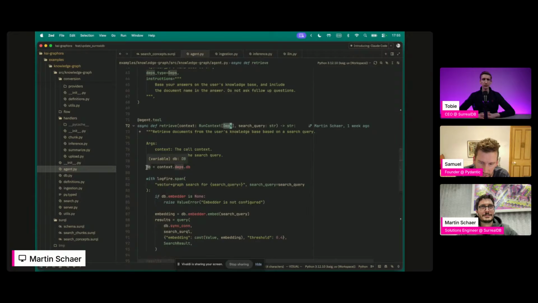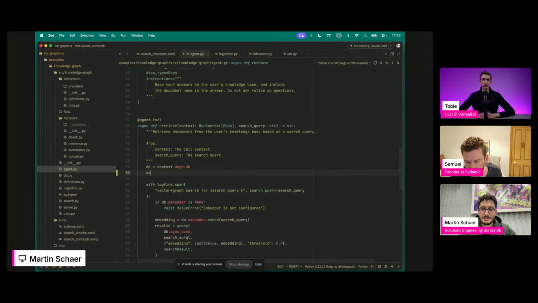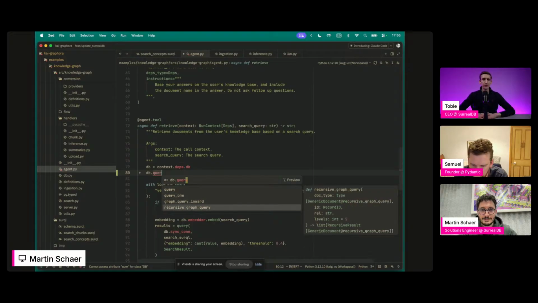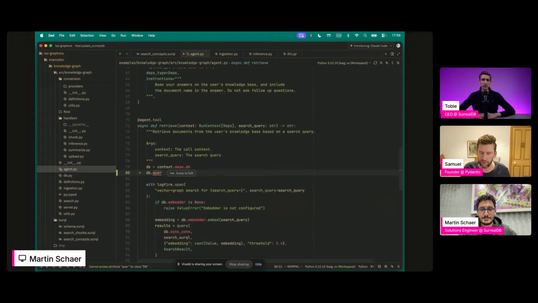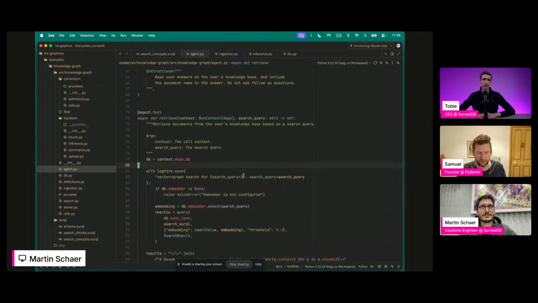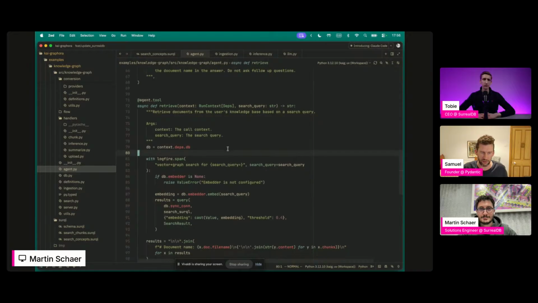All of which is just to say, when you access db.embedder on line 84, you're getting whatever that is, nullable or whatever it might be. And we would get a typing error and a runtime error if these were wrong. So this kind of stuff is useful for humans and completely essential for AI when they're writing code.